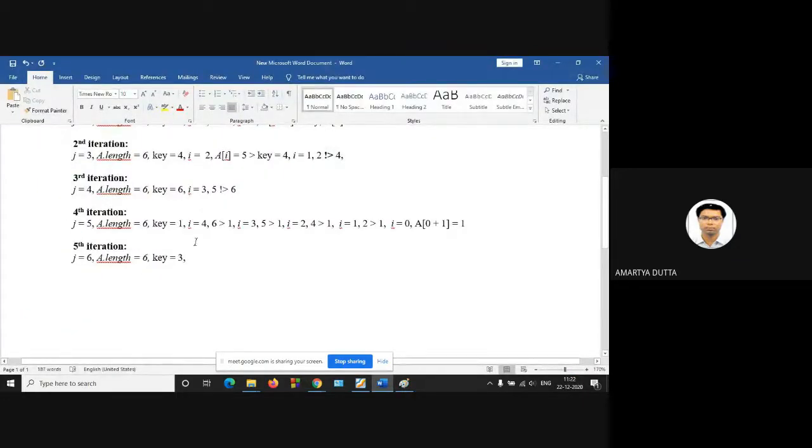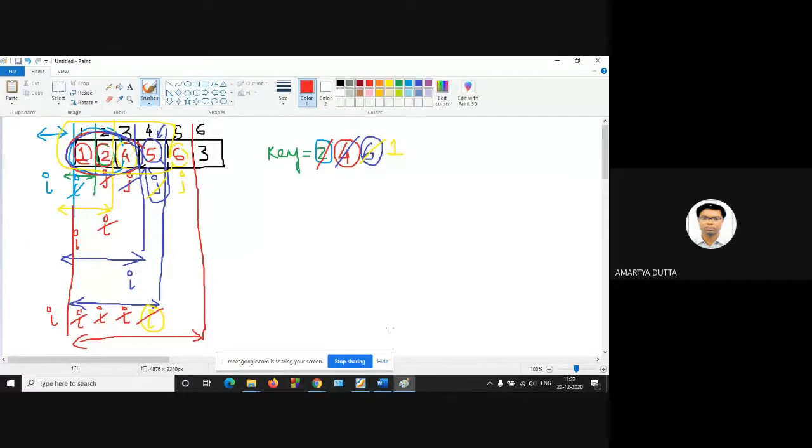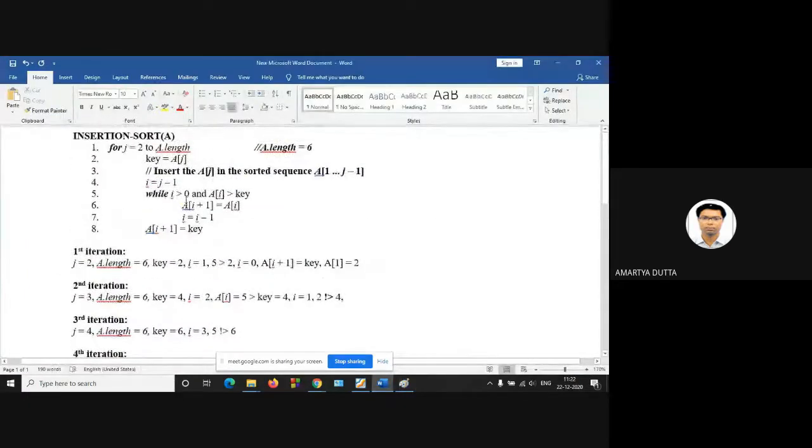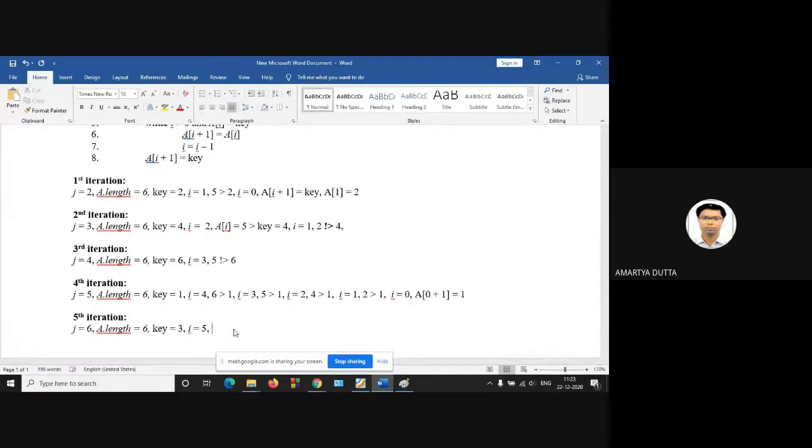And we know that I is equal to 5 here. So 6 is greater than 3. While I is greater than 0 and a of I is greater than key? Yes, your 6 is greater than my key 3.